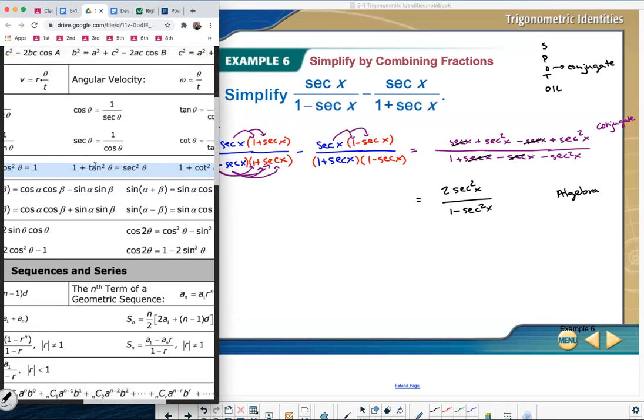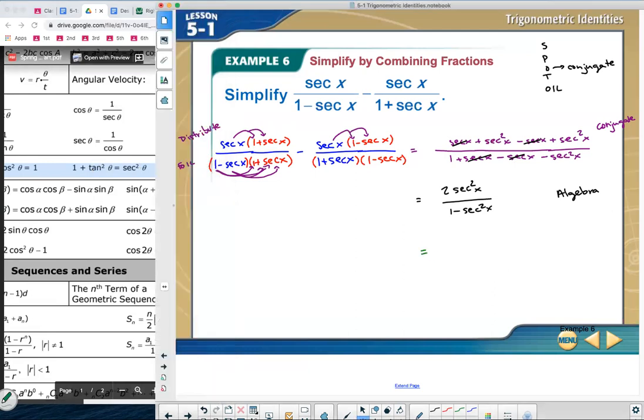But I have a tangent over here that needs to move to the right. So for secant, when it moves, it becomes negative. Same thing with tangent squared. When it moves, it becomes negative. So this little Pythagorean identity, let me just show you this way. 1 plus tangent squared theta